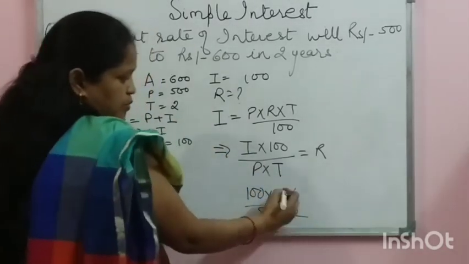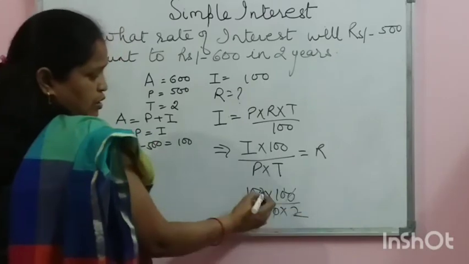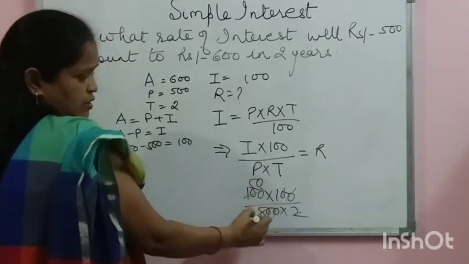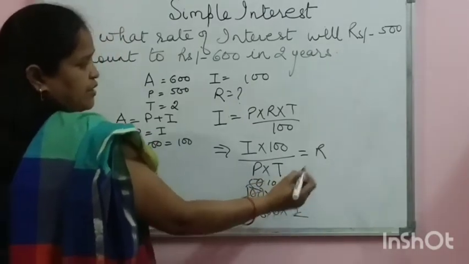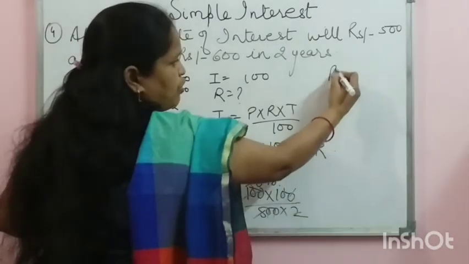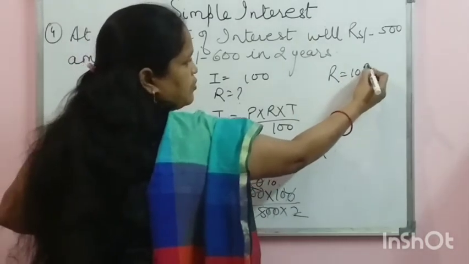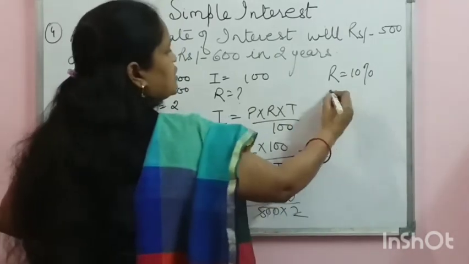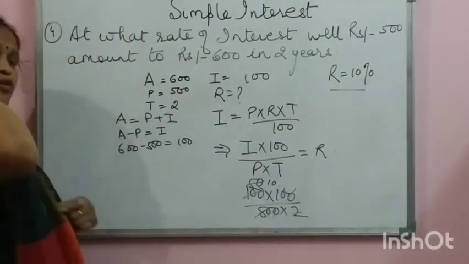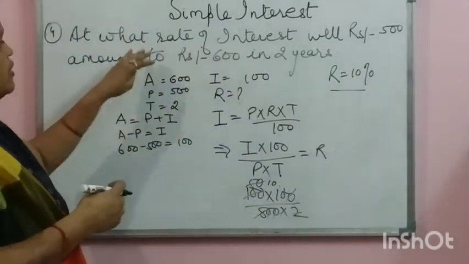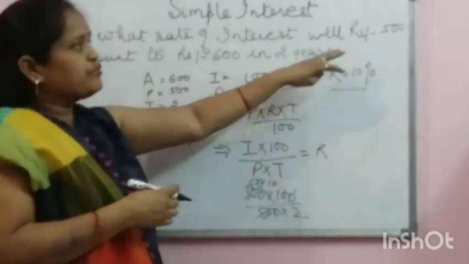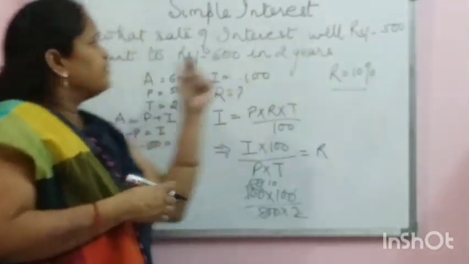ठीक है, आप इसको सिंप्लीफाई करिए, 50, this gives you 10. So R is your 10%. ठीक है, इसी तरह एक और प्रॉब्लम, सेम प्रॉब्लम में, अगर at what rate of interest will ₹500 amount